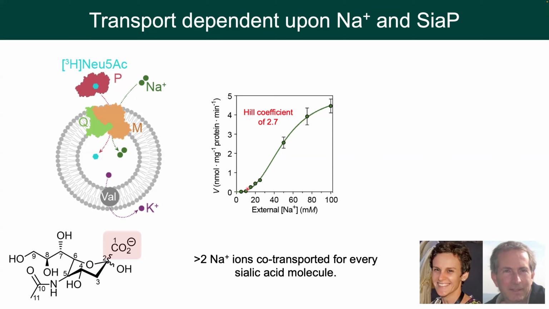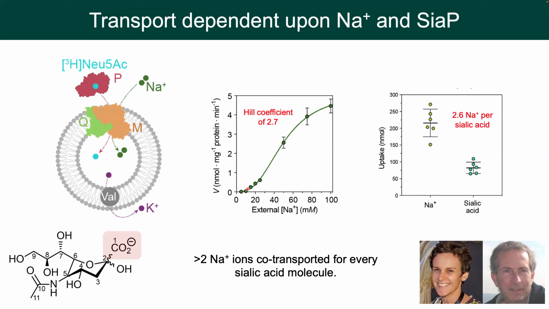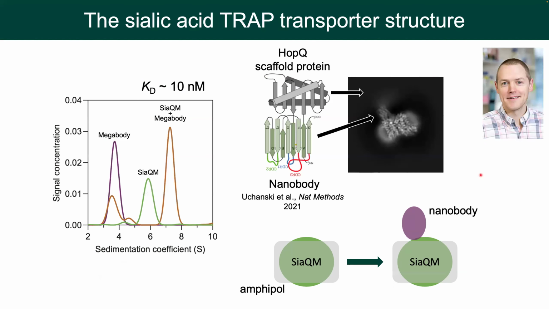And that suggests to us that there may be multiple sodiums being transported per sialic acid. But just to verify that, she did another experiment where inside of the proteoliposome there is a dye that fluoresces in the presence of sodium. And so now you can directly calculate the amount of sodium ions that are transported per sialic acid, and it's about 2.5. So it's a sodium transporter, it needs Sci-P, it's functional, and we have a good sense of the